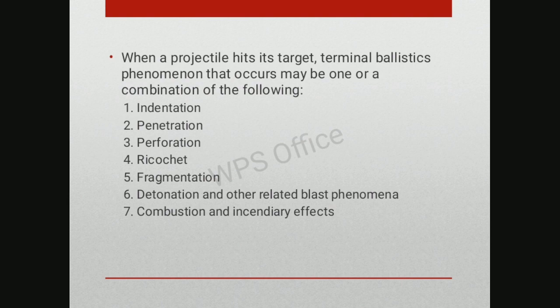So, importanteng mapag-usapan din to under terminal ballistics. We have also ricochet. Ricochet refers to the bouncing back of the bullet upon hitting the target. Usually, it happens when the projectile or bullet terminal velocity is sufficient. However, the target has the capacity to deflect the effect of the bullet. Either yung tinamaan niya masyadong matigas, which causes the penetration. No? Pag medyo okay pa naman ang